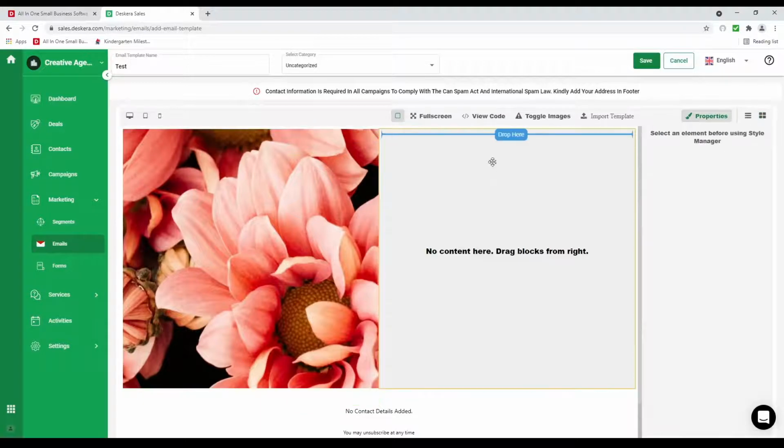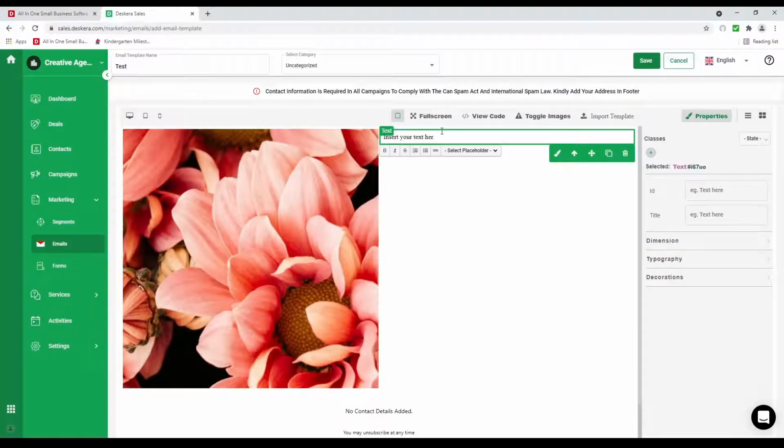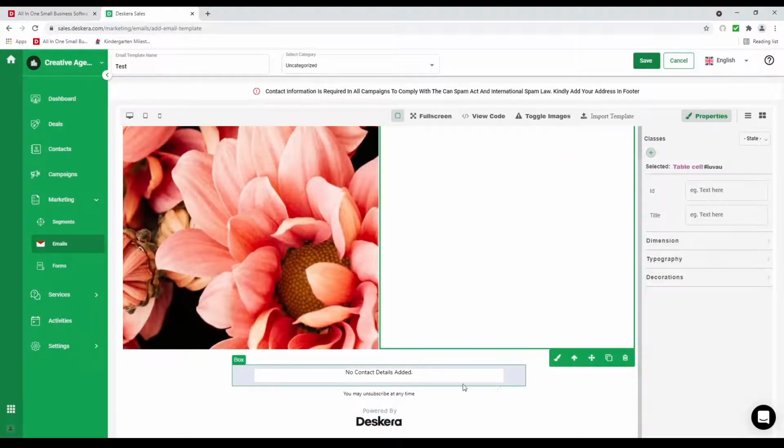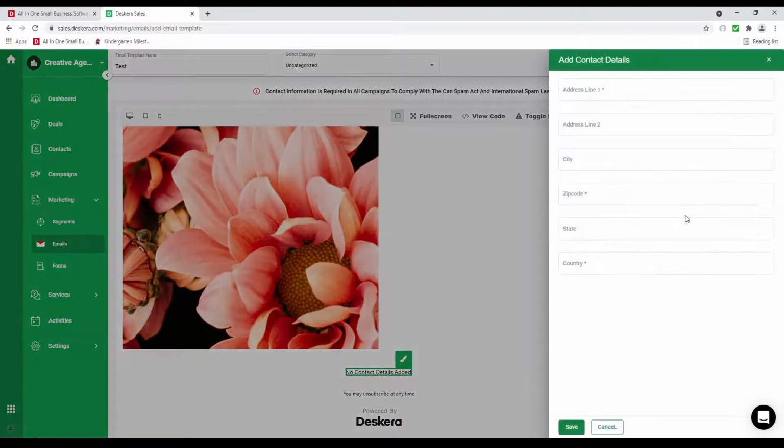I can also add a text field here. So for example, if I want to say hi, and then I can select my placeholder. So for example, first name or last name. So maybe hi, last name, comma, how are you? And the placeholders we have are first name, last name, full name, email, phone number, address, organization, and contact type. Also, I have to input the contact details. The reason for this is the CAN-SPAM Act. So for example,